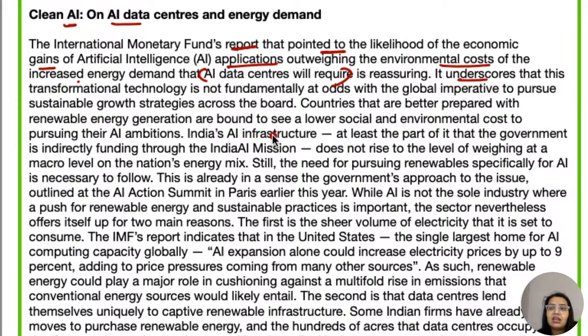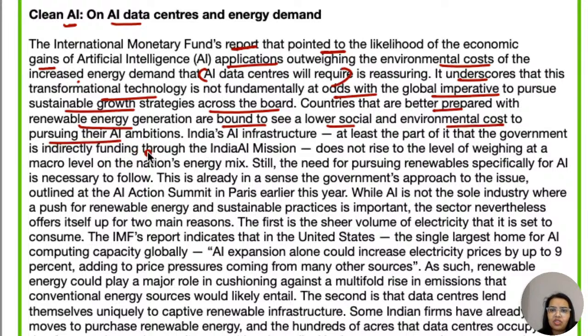It highlights, it underscores that this transformational technology is not fundamentally at odds with the global imperative. Okay, so this report highlights that the transformational technology, which is AI, and its applications, are not against the global imperative to pursue sustainable growth strategies across the board. Countries that are better prepared with renewable energy generation are bound to see a lower social and environmental cost to